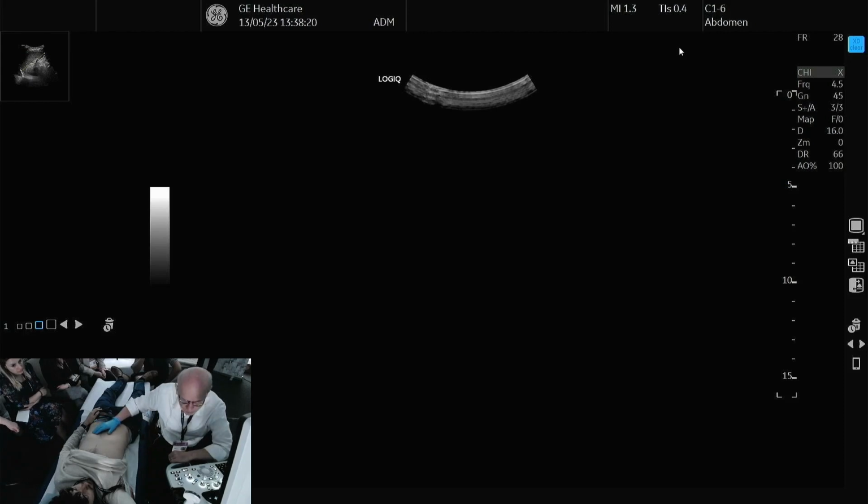Firstly, with the convex transducer, which is the transducer specifically for abdominal use, and which allows me to explore through the intercostal spaces, through the epigastric region, and then continuing through the whole abdomen. After doing a clinical examination,